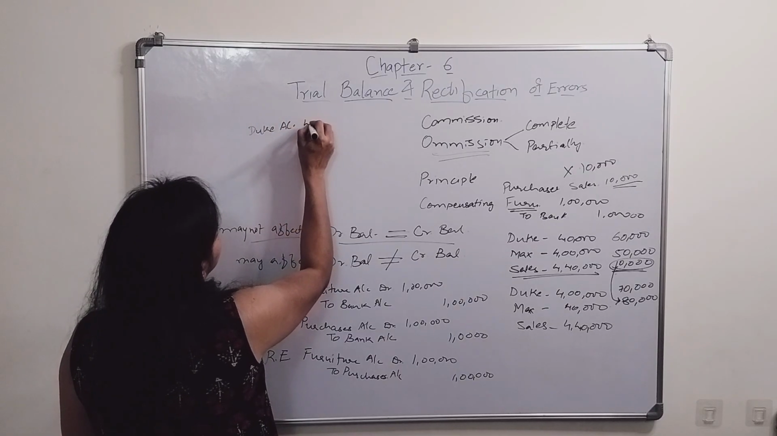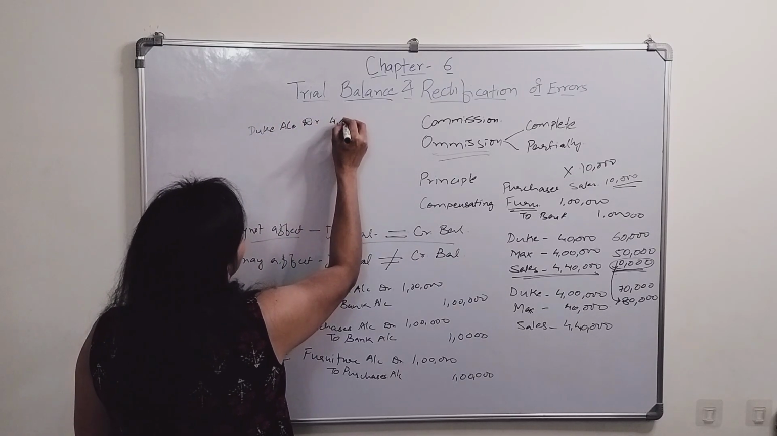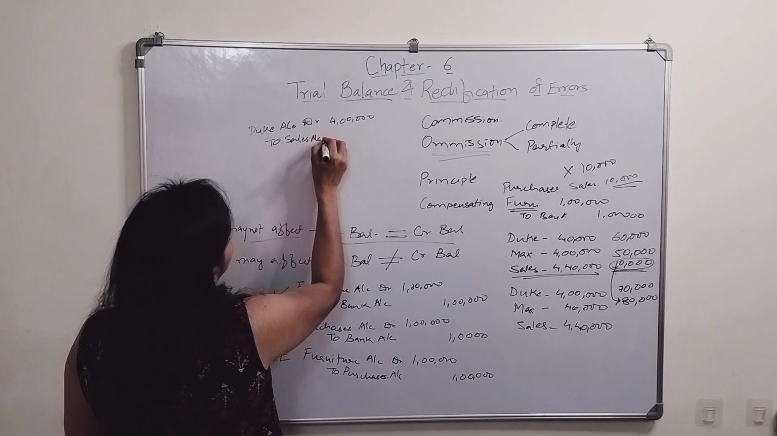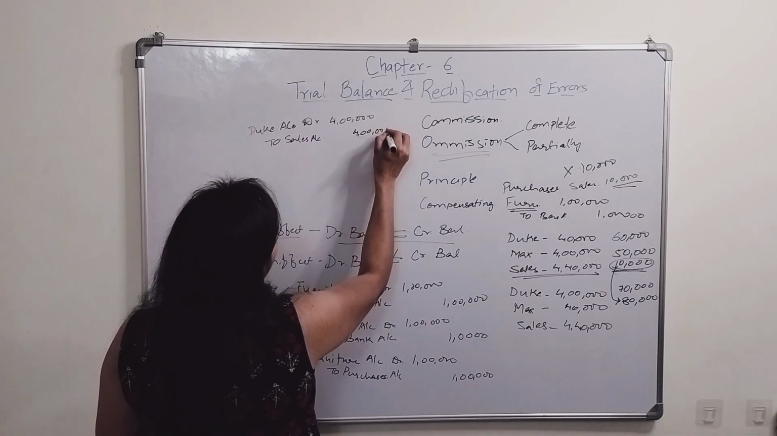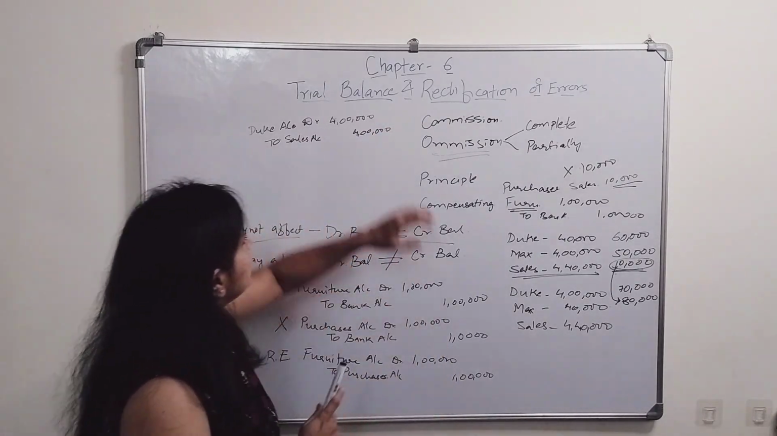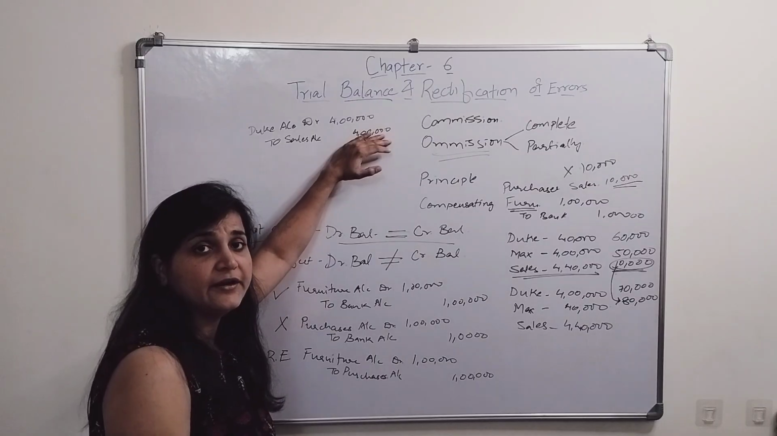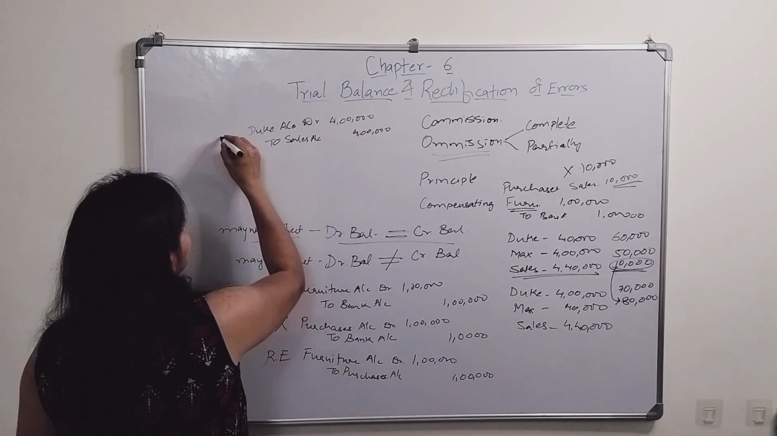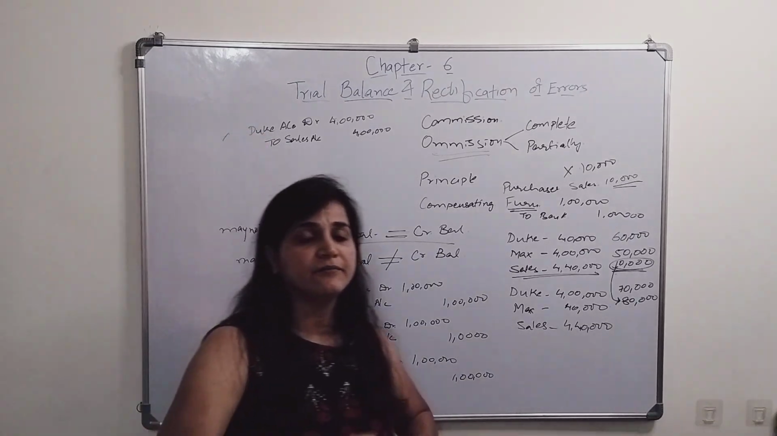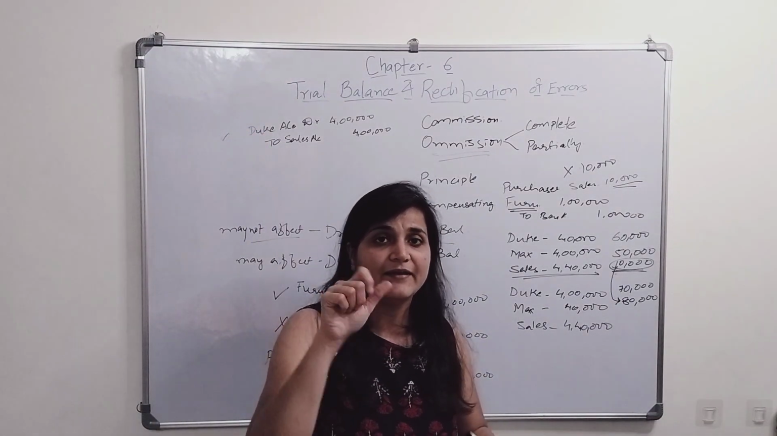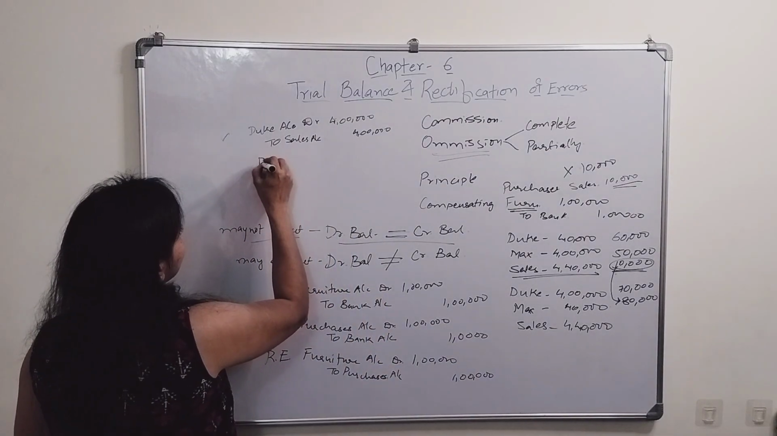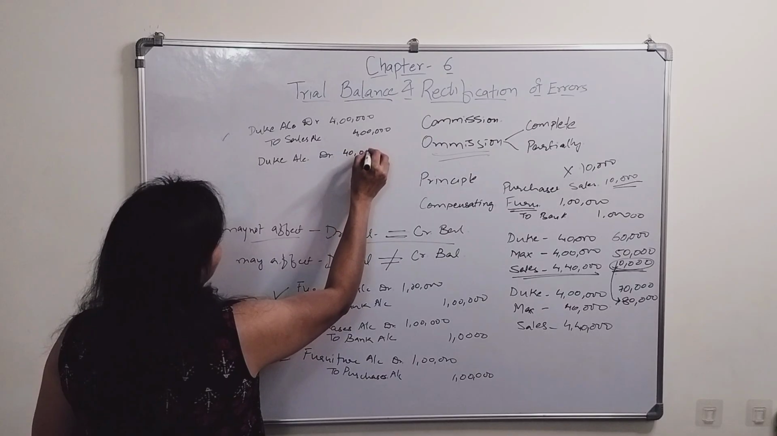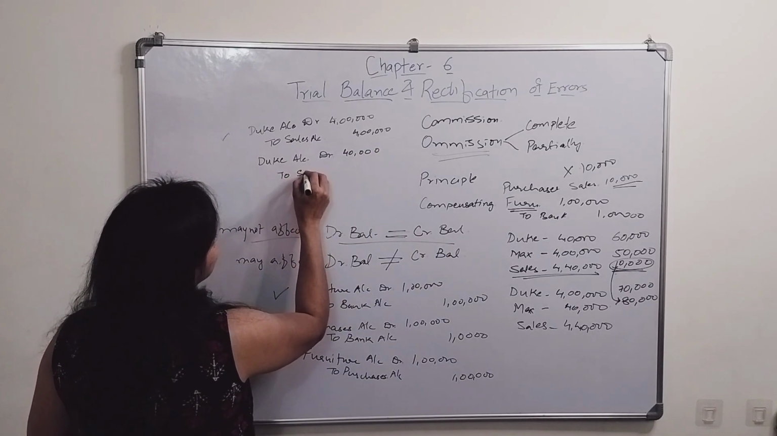Duke account debit 4 lakh to sales account 4 lakh. Or there is a possibility that instead of 4 lakh I recorded 40,000. What I recorded, this should be the entry, right? What I recorded by mistake, I recorded in the books as 40,000. I recorded an entry as Duke account